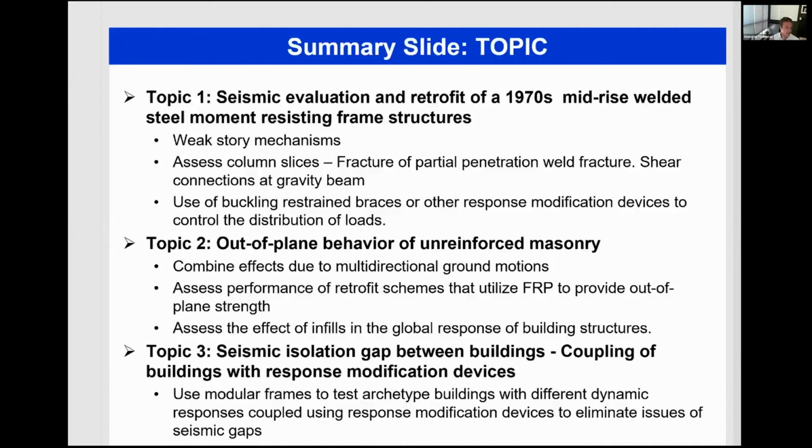was related to the out-of-plane behavior of unreinforced masonry structures. From a research perspective, it is a great opportunity to utilize the multi-directional ground motion capability that we will have with the LHPOST6 in order to combine lateral ground motion with vertical ground motions to evaluate the seismic capacity of the unreinforced masonry, specifically the effects of the out-of-plane behavior. We discussed the need to better understand retrofit schemes that utilize FRP in order to provide this additional